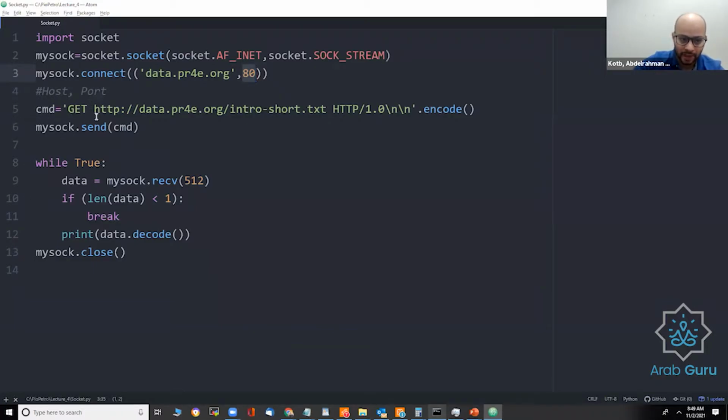And then you type this command, GET HTTP, then the website, and then I want to access this. So let me show you what I mean.